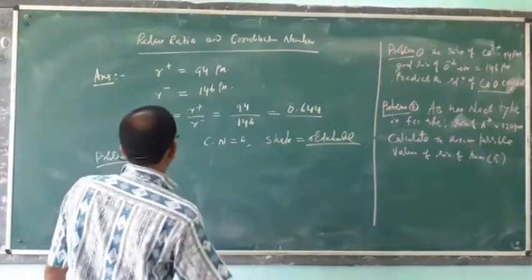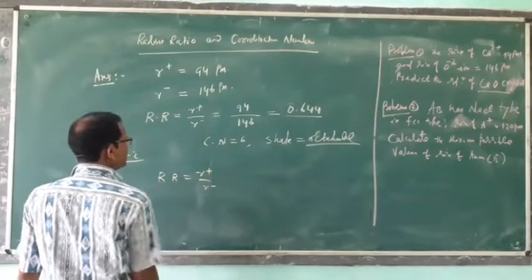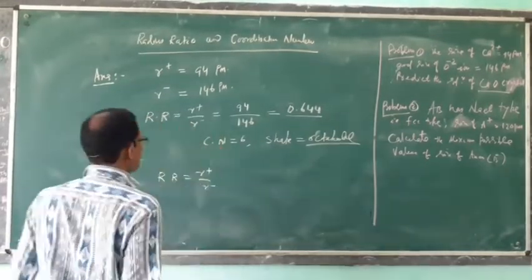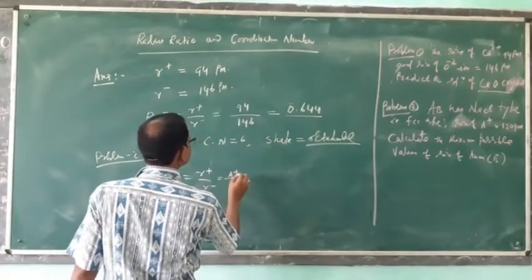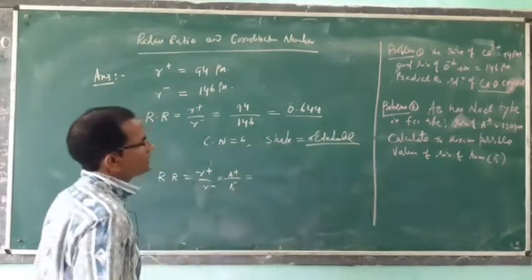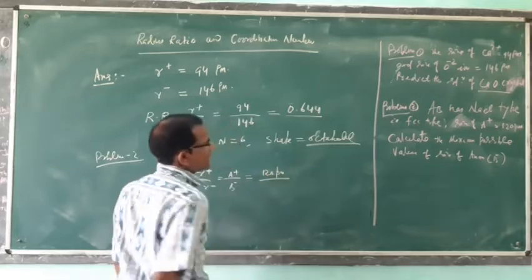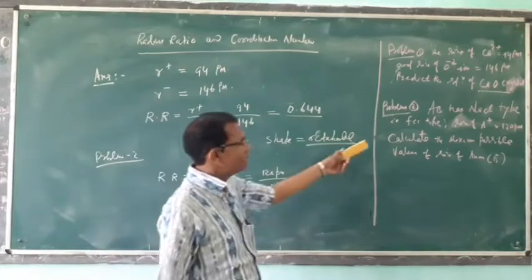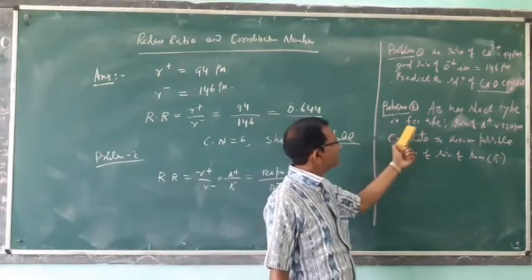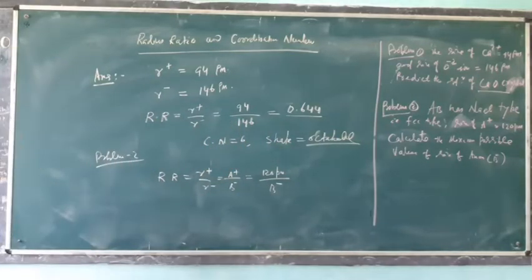Here, radius ratio, that is R plus by R minus. Here R plus means A plus, that is A plus by B minus. The size of A plus is 120 picometer and the size of B minus is asked. But here already hints given, already data given, FCC type. FCC type means the coordination number will be 6 and the range is